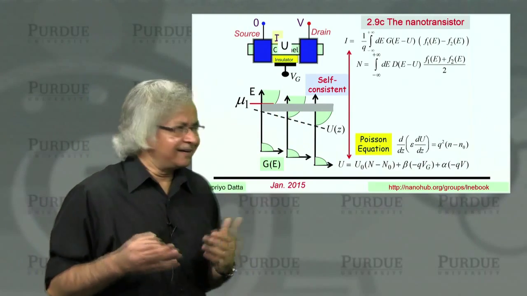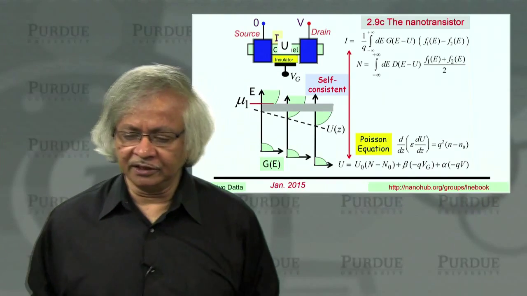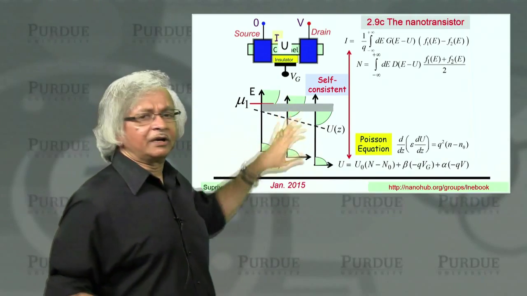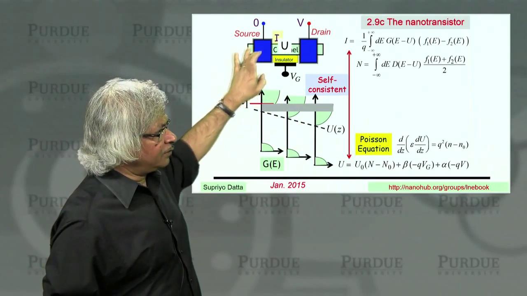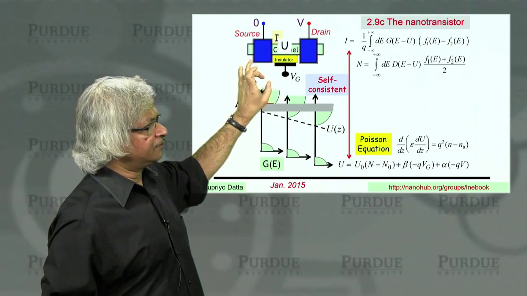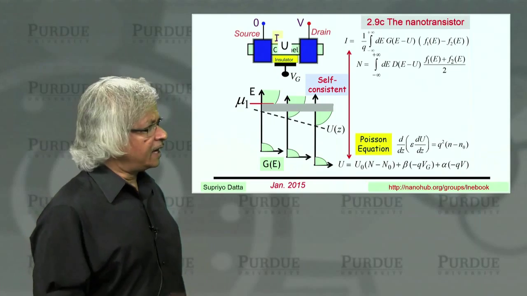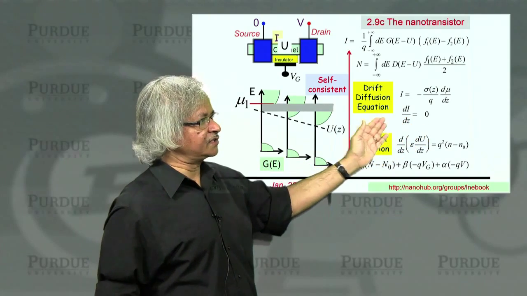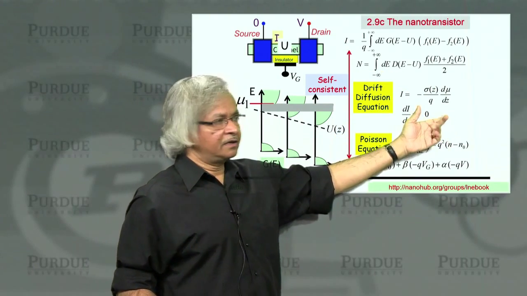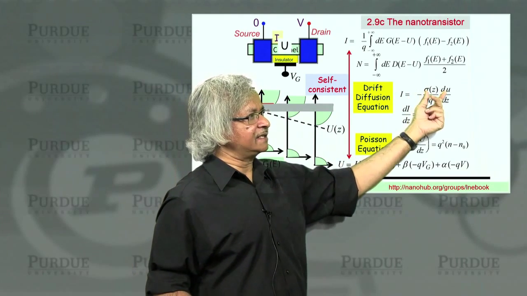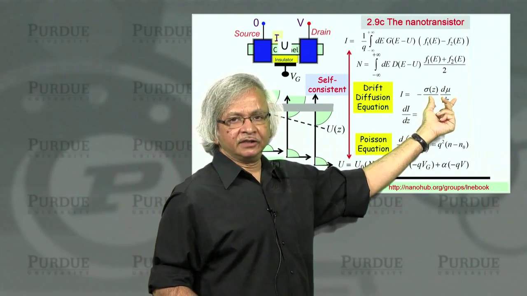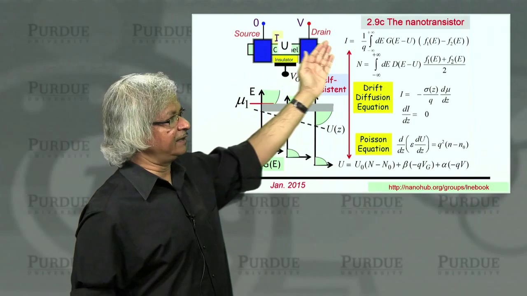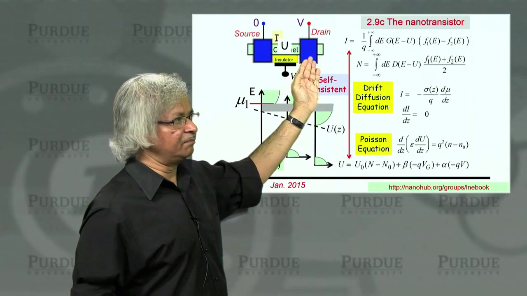All those effects, of course, you can describe qualitatively, but if you want to do it in a quantitative, convincing way, then what you really need to do is what I had indicated in Unit 1: when you have a long device, think of it as lots of little ones in series. And what's usually used for device modeling is the drift diffusion equation, which is written as current proportional to the slope of the electrochemical potential. Usually we talk about an electrochemical potential at this end and at this end, and we never talked about what it is in between.